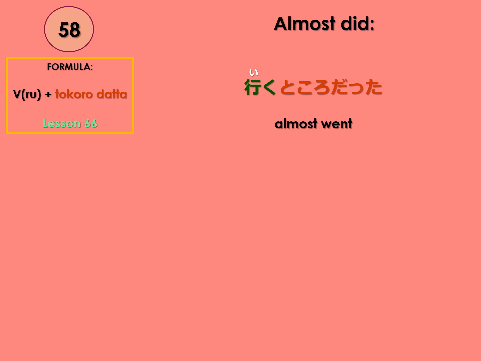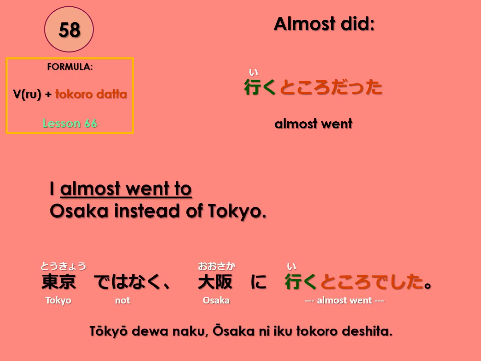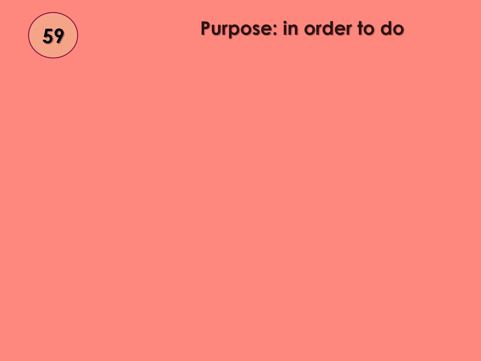58, almost did. Ru tokoro datta, ru tokoro datta. Also lesson 66. Almost went. 行くところだった。I almost went to Osaka instead of Tokyo. 東京ではなく大阪に行くところでした。